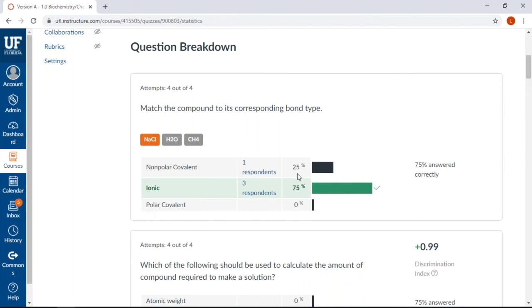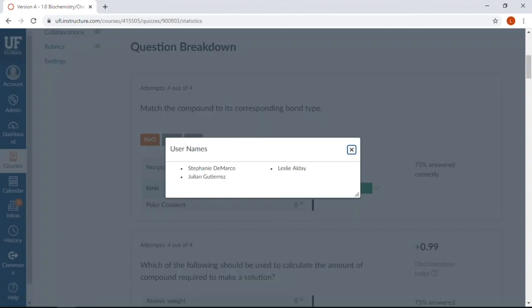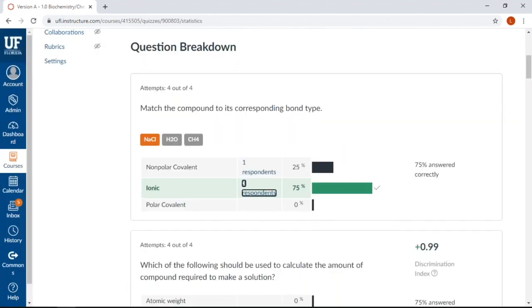Next, you'll see the percentage of candidates who selected each of those answer options. And finally, the percent of candidates who answered the question correctly. Clicking on the Respondents link provides the name of the candidates who selected an answer option. Because this data can help exam sites find and correct candidate weaknesses prior to testing, we strongly encourage you to create a plan to review and use this data produced from this report.